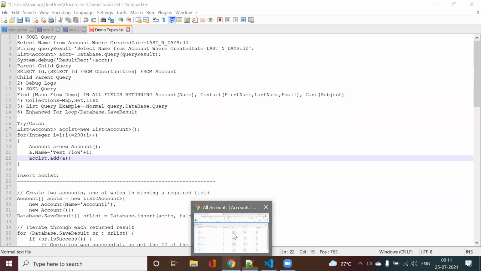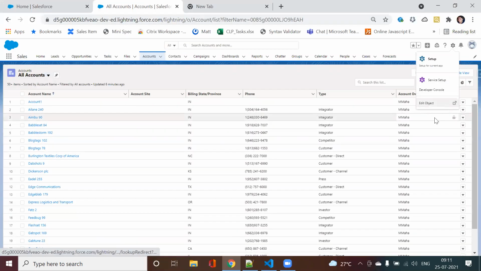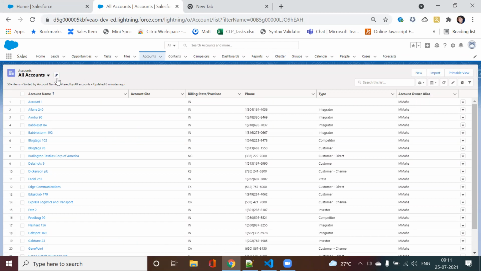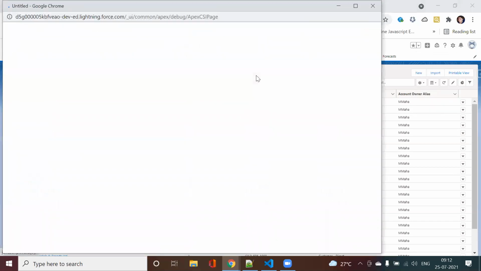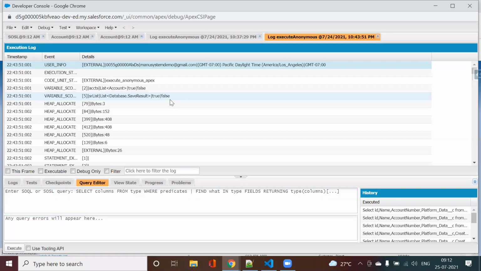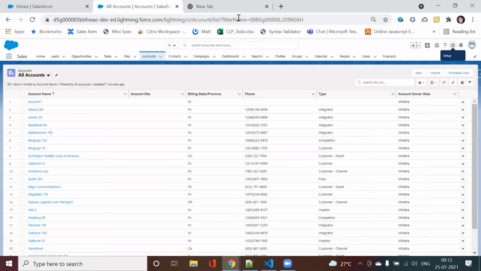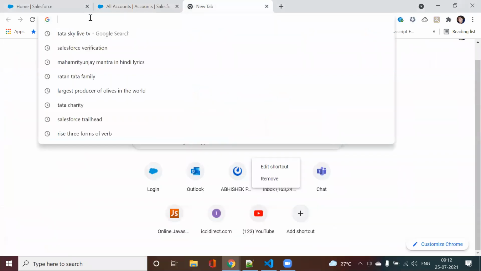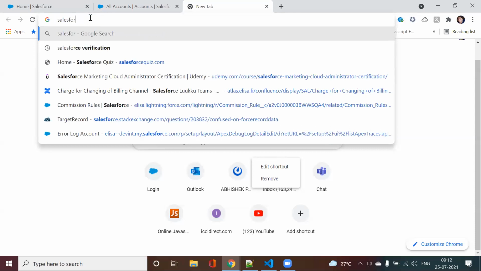Okay, so first let me start with Salesforce. Assuming this is my Account object, I want to query it. In the backend, how many account records are there in my system, for using it in my code? How can I do it? For this, I will go to the developer console. There are multiple ways I can query. One of the ways is the Salesforce inbuilt developer console. Apart from this, I can also use Salesforce Workbench, but Salesforce Workbench is a third-party application.